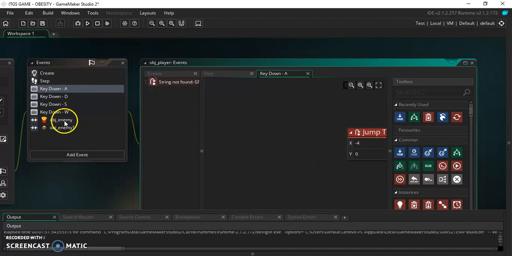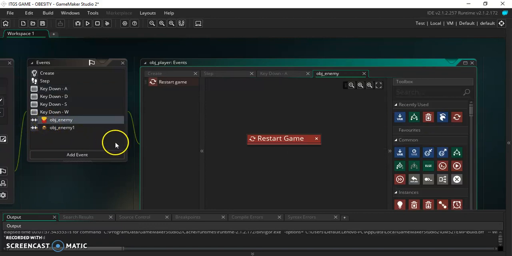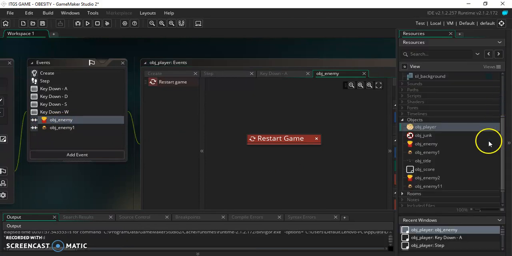Then we can see object enemy here, which is the pack of fries. Next to it is this symbol, which basically means a collision. Therefore, if the object player, which is the boy, collides with the object enemy, which is obviously the enemy, the game will then restart. Like this, we have for the bullet as well,